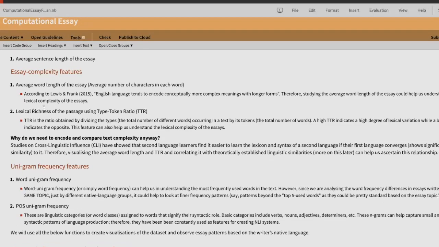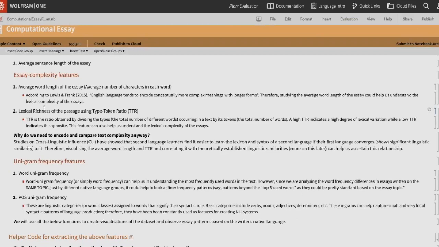Other than that, I tried to gauge the complexity of the sentences written by the test takers through the lexical richness of the passages, which was gauged using the type token ratio. Now, the deal with the type token ratio is that it helps us discern how linguistically diverse a person's essay